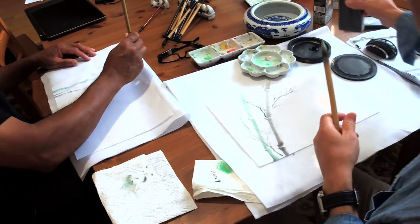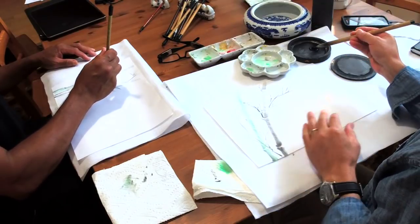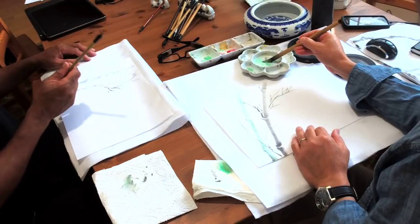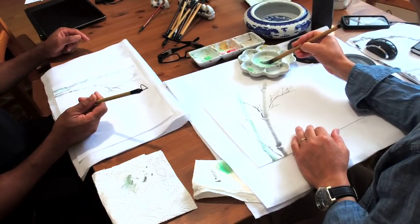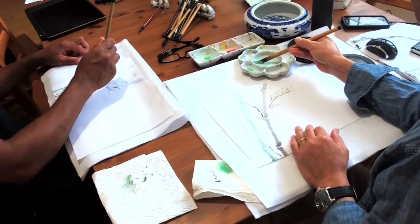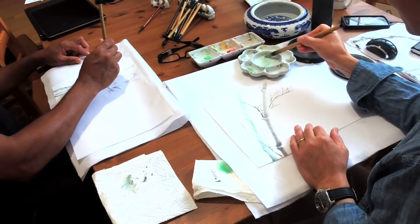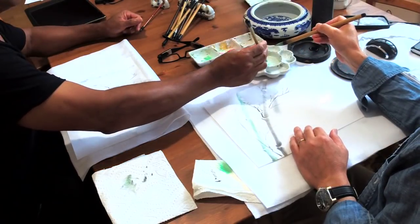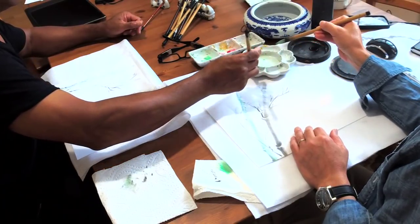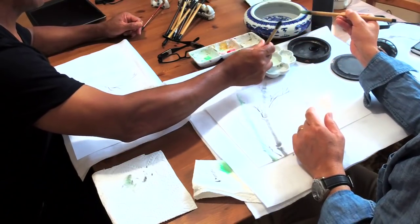Okay, we try to limit the ink so the color is still present. We don't use a lot of ink. I'll get more green to the brush, just a little, maybe a little stronger than the branch. So a little bit more green. You can take all these greens here for your brush, just blending with a little more moisture maybe. Yeah, just take all the leftover, and then